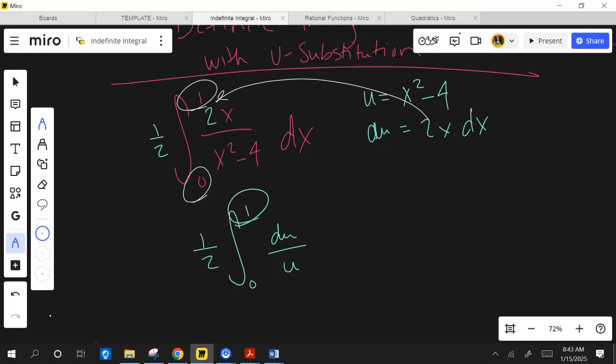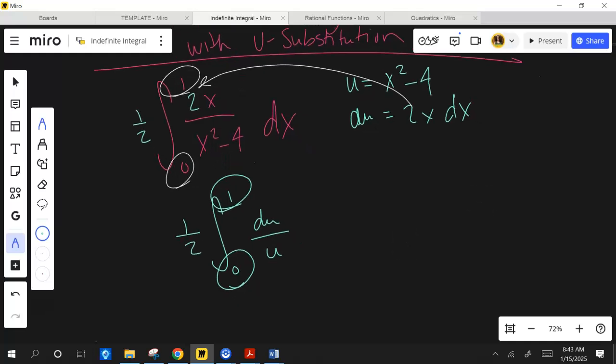These bounds, this one and this one, are not in terms of u. They are in terms of x. Okay? So you have 2 options. Option 1 is what I think is the easiest. I think the easiest thing is to plug in here and say u equals 1 squared minus 4, which is -3. Change this bound to -3. This bound, u is 0 squared minus 4, which is -4. And those are my new bounds, okay? So option 1 is adjust the bounds, okay?